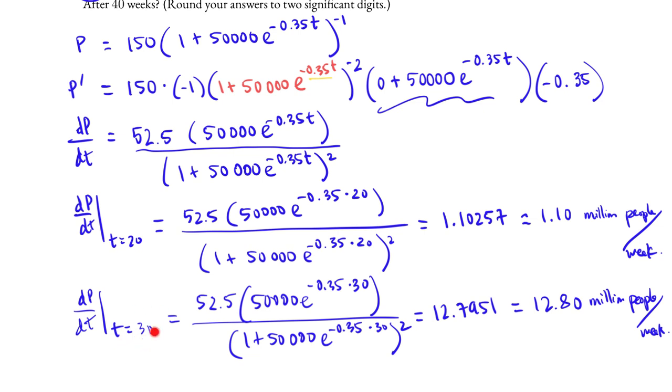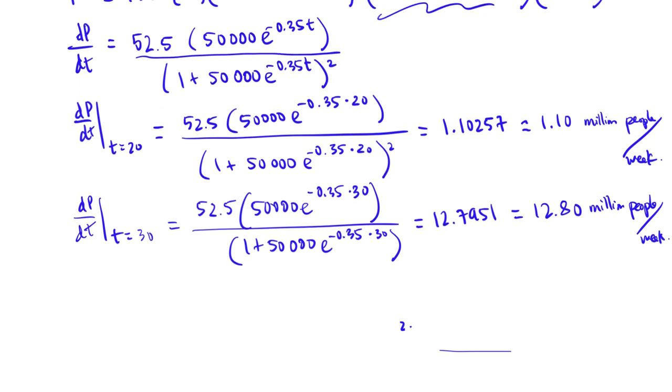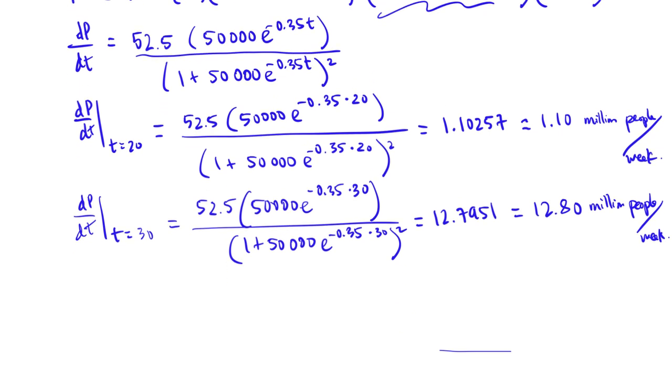We say that after 30 weeks, the number of people who were infected was 12.8 million people for each additional week. When t equals 40, dp dt evaluated when t equals 40 is 52.5 times 50,000 e to